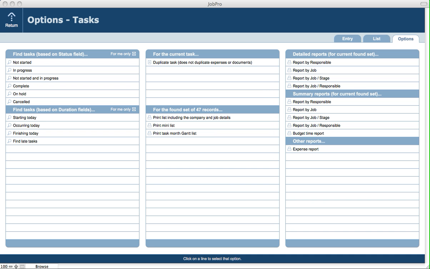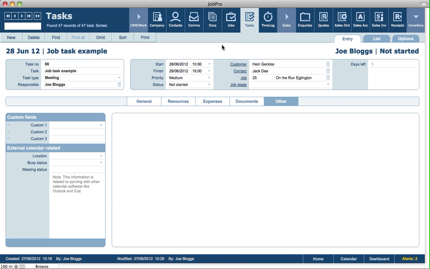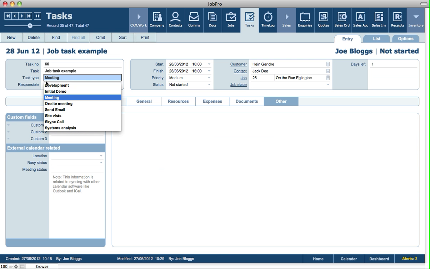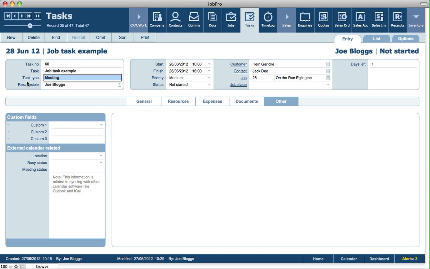So there are separate video tutorials relating to the Gantt functionality, both in the Tasks module and in the Jobs module, and they'll show you how to set up your different colors for your task types. When you assign a task type to your tasks, that dictates what color will appear in the actual Gantt monthly report. But also, if we have a look at the list screen,